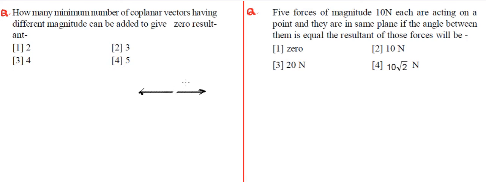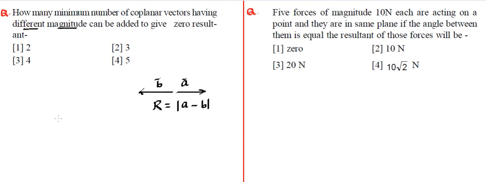So in case we have two vectors with equal magnitude and opposite directions, their resultant will be 0, because for this case the resultant is equal to the magnitude of a minus the magnitude of b. So if a and b are equal, then only this will be 0, otherwise it will be non-zero. So two vectors will give us 0 resultant only if their magnitudes are identical, right? It says we need to find vectors which have different magnitudes. So two vectors with different magnitudes cannot deliver a 0 resultant.